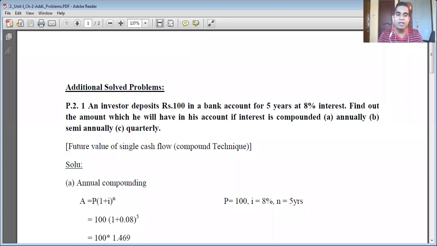But when in the exam, for example, you don't know whether you are going to receive the problem on compounding technique or discounting technique. In compounding, is it going to be a problem on single cash flow or annuity? And in a single cash flow, you don't know whether it will be annual compounding, semi-annual compounding, or quarterly compounding. Think about the types now. So 1, 2, 3, 4 types here in compounding.